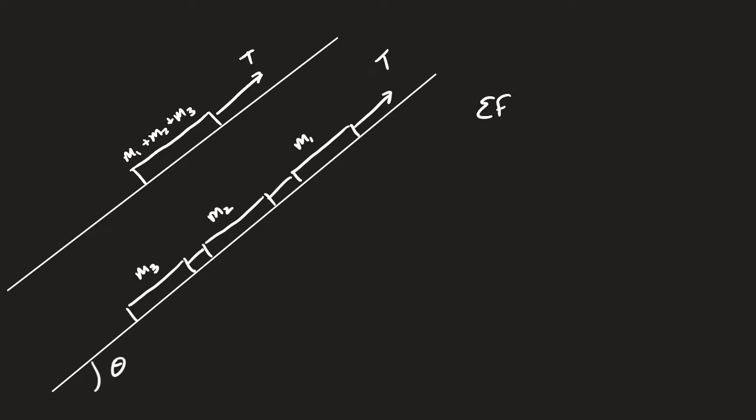Meaning net force equals ma. Let's go ahead and figure out where my forces are. I've got a downward force of weight, upward force of normal, and the tension. We've done this a lot, haven't we? So can I be forgiven if I just say the force down the ramp is going to be m1, m2, well, they're all summed, m1 plus m2 plus m3